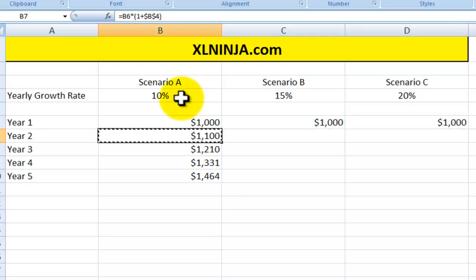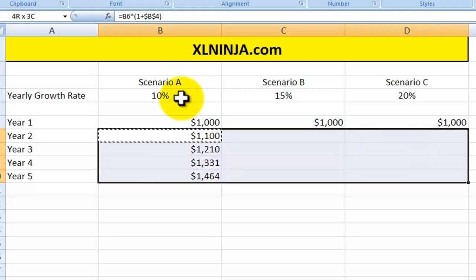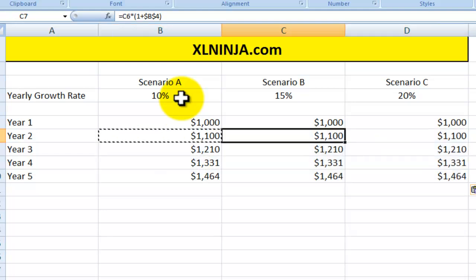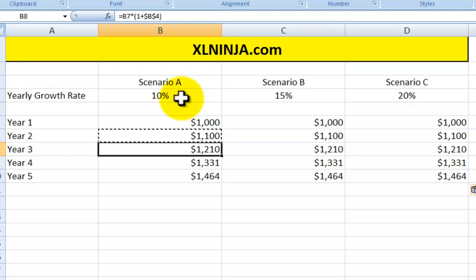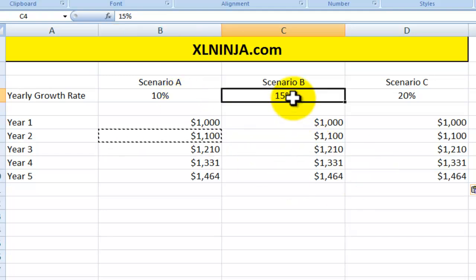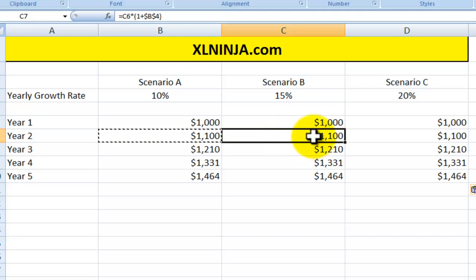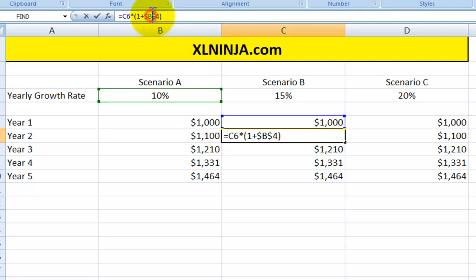But if I copy and paste the same formula, the results are exactly the same despite the growth rate being different. The reason being, even in scenarios B and C, I'm still using the absolute reference of cell B4,